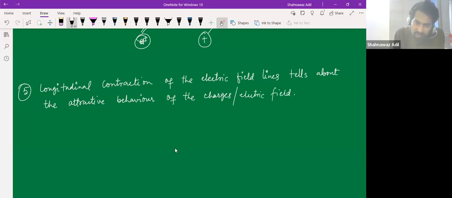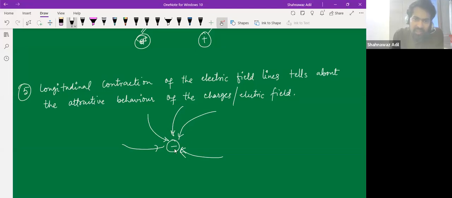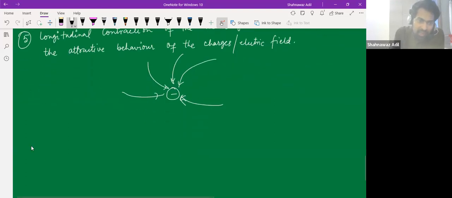So let's say we have this negative point, and all the field lines are coming to this point. All the lines are contracting at this point, right? They are coming at this point. So this tells us that electric fields and charges are attractive in nature. Similarly, we have this lateral pressure